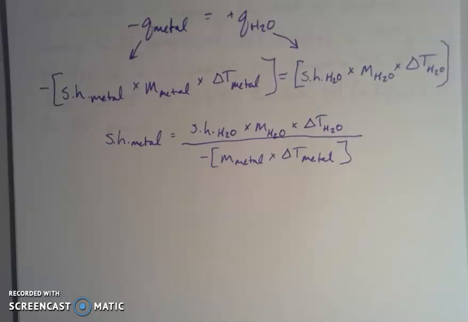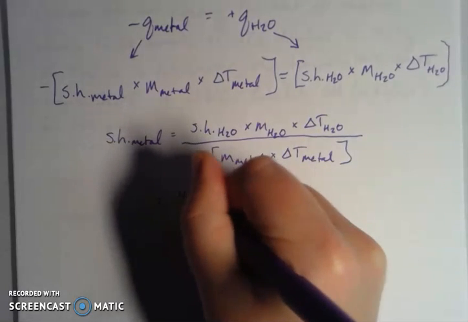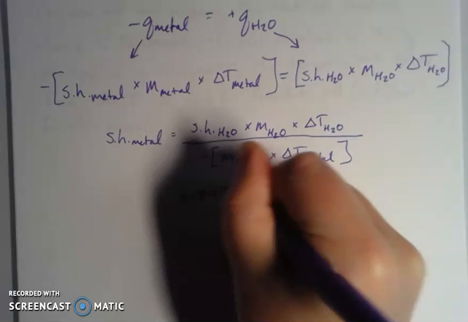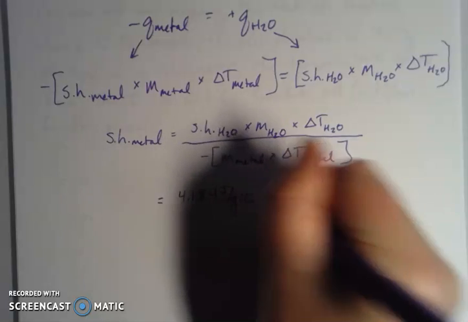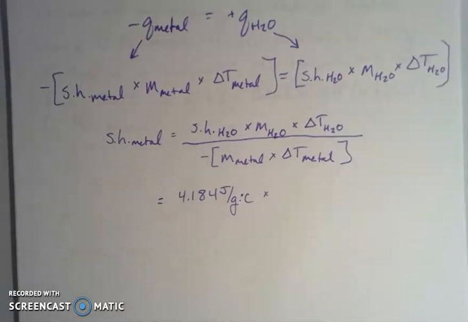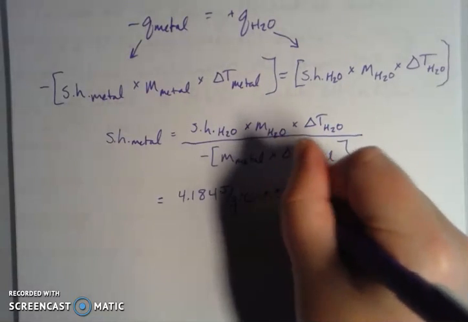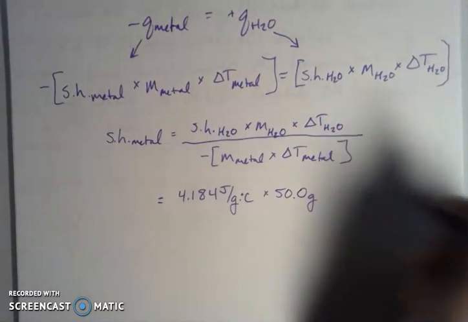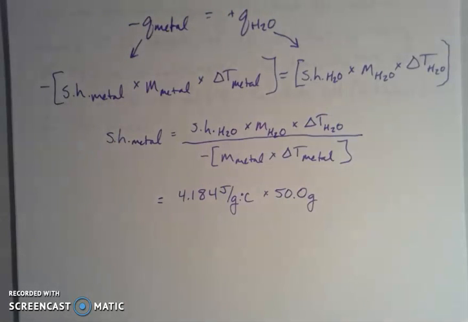Okay, so I was given all these values, so I can just plug and chug. My specific heat of water is 4.184, with units of joules per gram degrees Celsius. My mass of water, we said we started with 50 grams, coming from our original diagram. And the change in temperature of my water